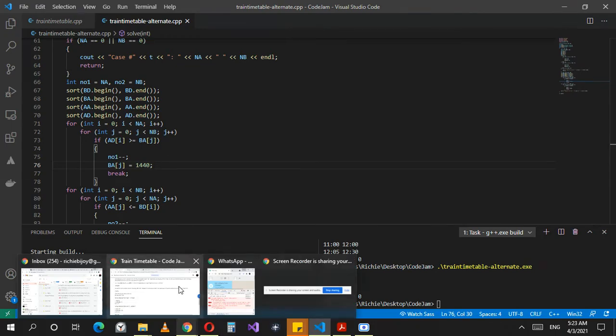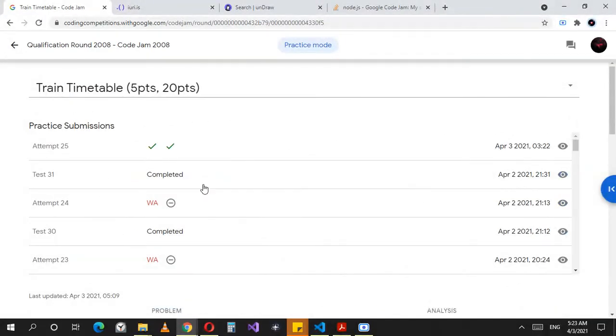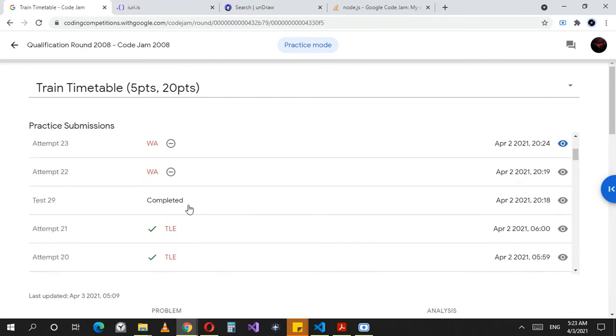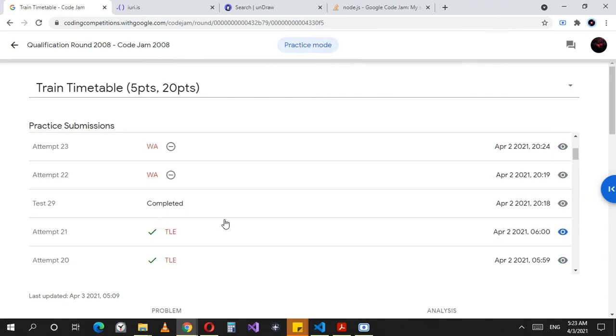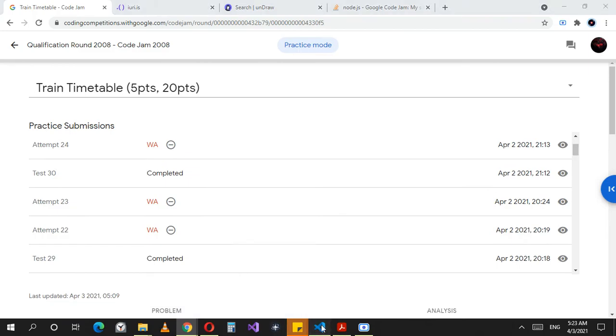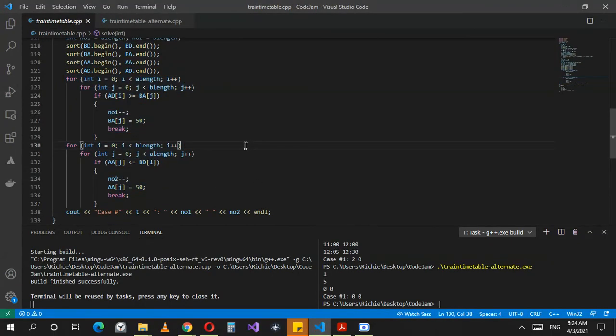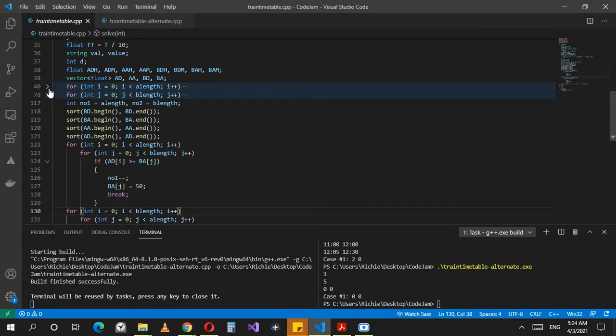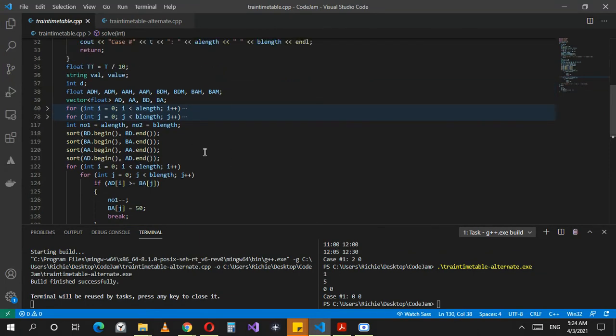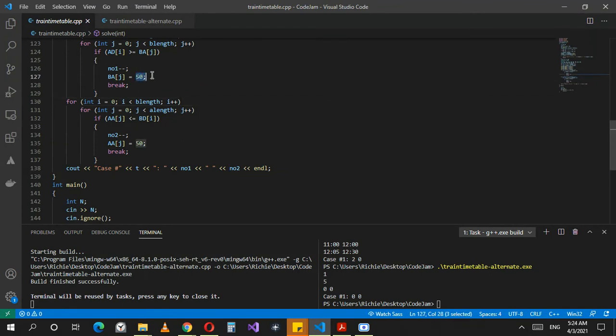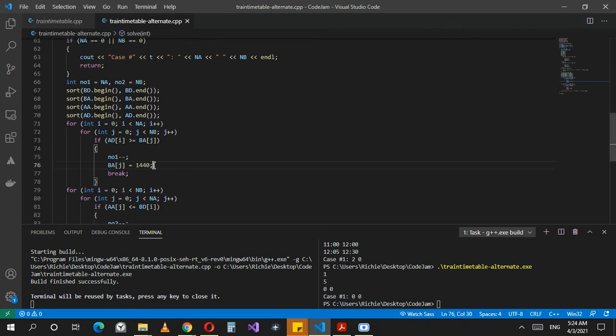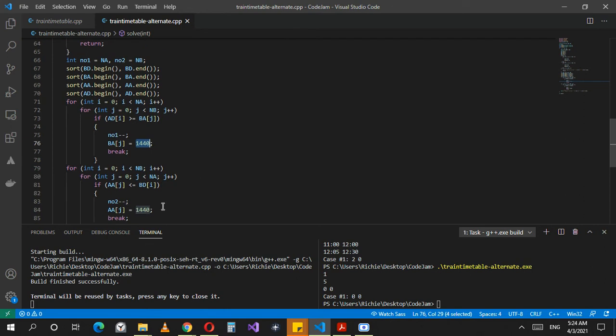It was actually, since I rewrote the code for the larger set, I kept getting the wrong answers, because in the previous code I had the largest value as 50, because it's only 24 or 23:59. I was using floating points, and I just gave a random value 50, because it would never reach this value. It's like a positive infinity. It's never going to reach this value. So here, it was 50 here. When I just copy pasted, I told you it's the same logic. So when I copy pasted, it was just 50, and I just kept wondering why I'm getting the error.